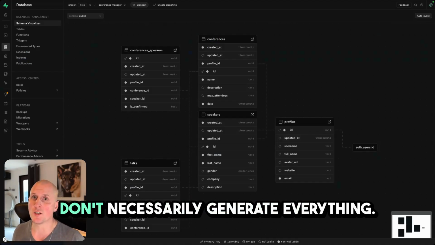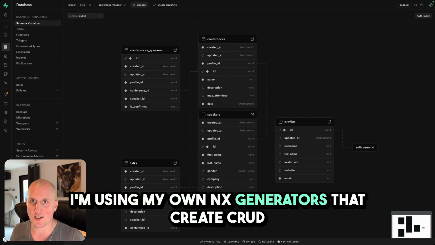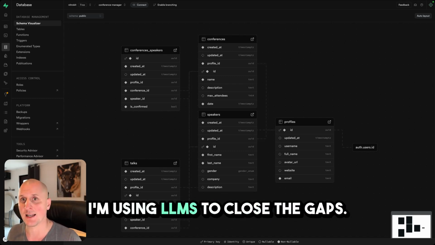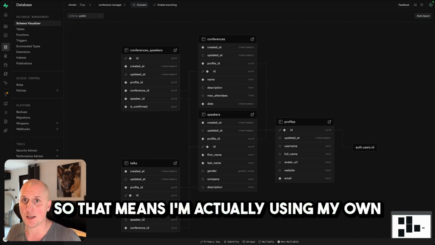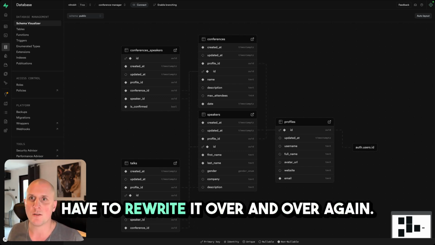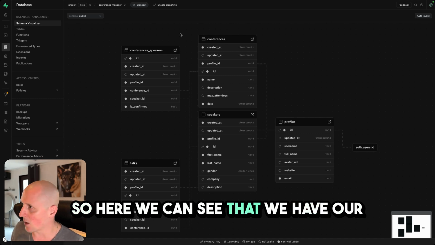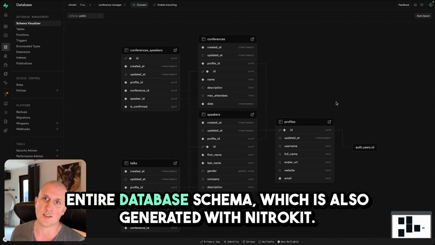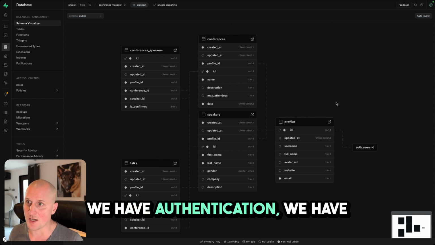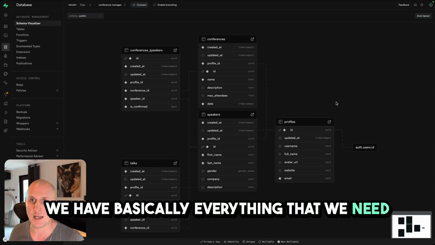So with NitroKit, we don't necessarily generate everything. What I'm actually doing is I'm turning it around. I'm using my own NX generators that create CRUD features. So I'm using LLMs to close the gaps. So that means I'm actually using my own code that I once wrote, but I don't have to rewrite it over and over again. The backend is also generated. So here we can see that we have our entire database schema, which is also generated with NitroKit. We have authentication. We have basically the connection with Supabase. We have basically everything that we need to create a full stack